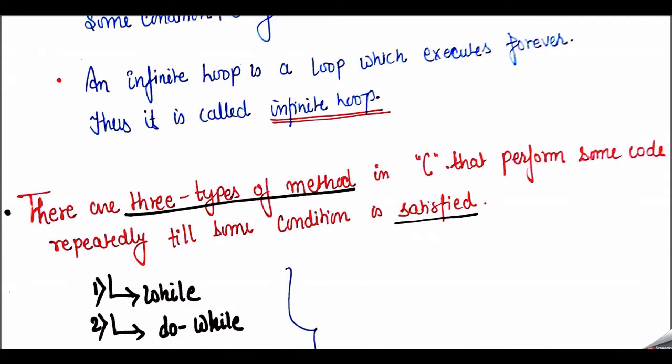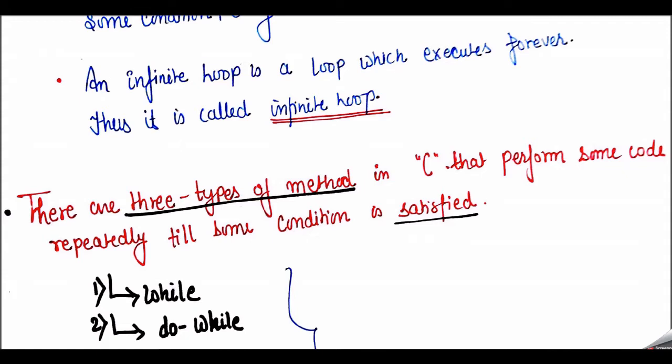For example, an infinite loop is a loop which executes forever. That means there is no termination applied over the condition. When we apply our condition over the task and never get a condition value equal to false, that is, every time the condition value is true, and no termination is represented in our condition, then our loop is called an infinite loop. We can see how this is possible with the help of several examples.